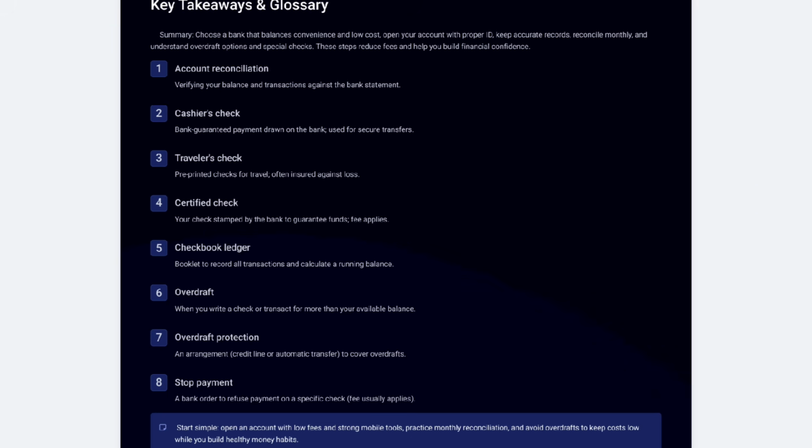Sixth is the overdraft. When you write a check or transact for more than your available balance. Seventh is overdraft protection, an arrangement to cover overdraft. And the last is the stop payment. A bank order to refuse payment on a specific check. So, open an account with low fees and strong mobile tools. Practice monthly reconciliation and avoid overdraft to keep costs low while you build